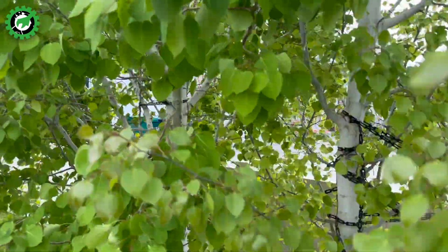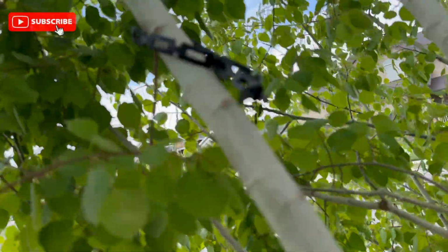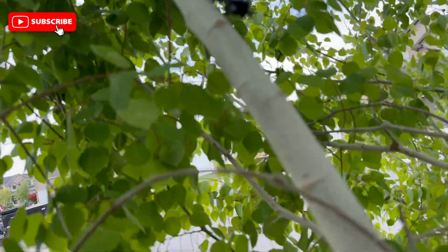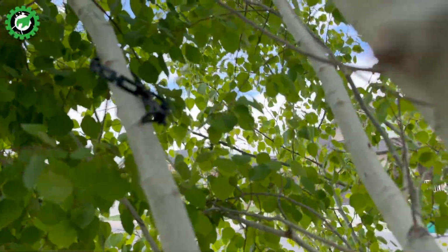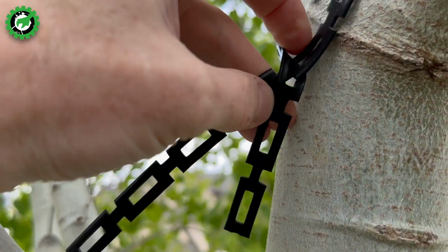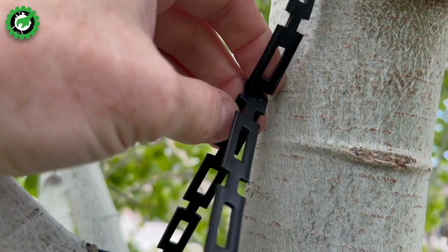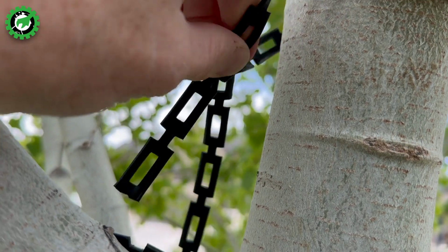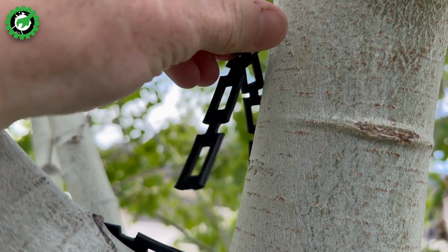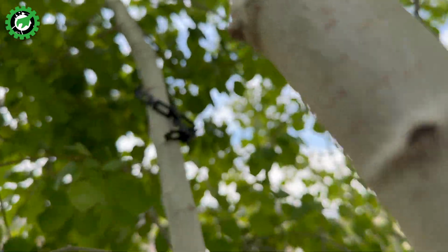Let me show you where it broke. It was hard to get everything to focus up here on the ladder and all of the things in the camera view that can be focused on, like all these leaves. But you can see that there's that part on the branch that broke, and here's the part on the trunk that broke. I had it wrapped around as a big loop, but then I lost control of it when I was trying to tighten it, and so I just went around with a single line, and because I went with the single line, the branch is so strong that it busted this. So this is my own fault, but I do need to run a new line so I can pull that